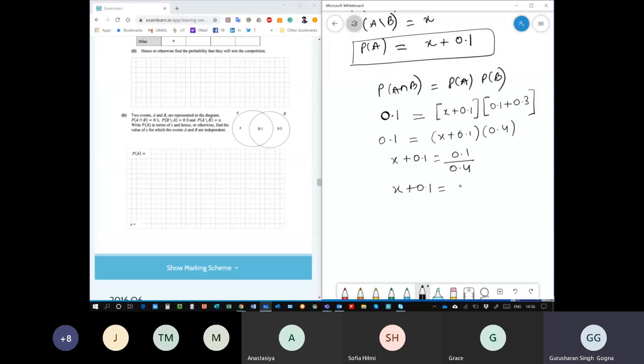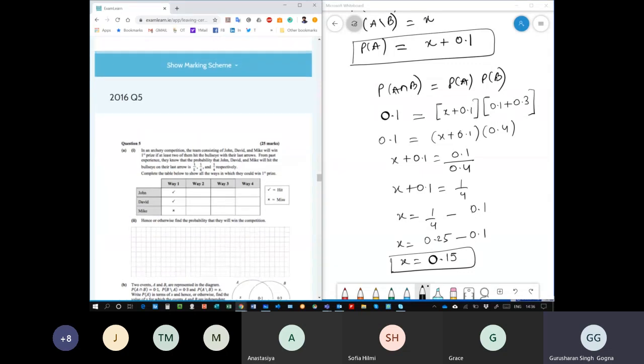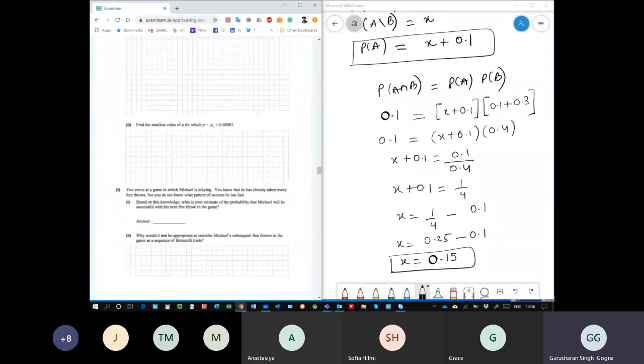Okay, so what it will give you? 1 over 4. So X is equal to 1 over 4 minus 0.1. So 1 over 4 means 0.25 minus 0.1. 0.25 minus this is 0.15. So that's the value of X. Okay, so this was another example in your exam paper, so that's why I did this. So let's move on to